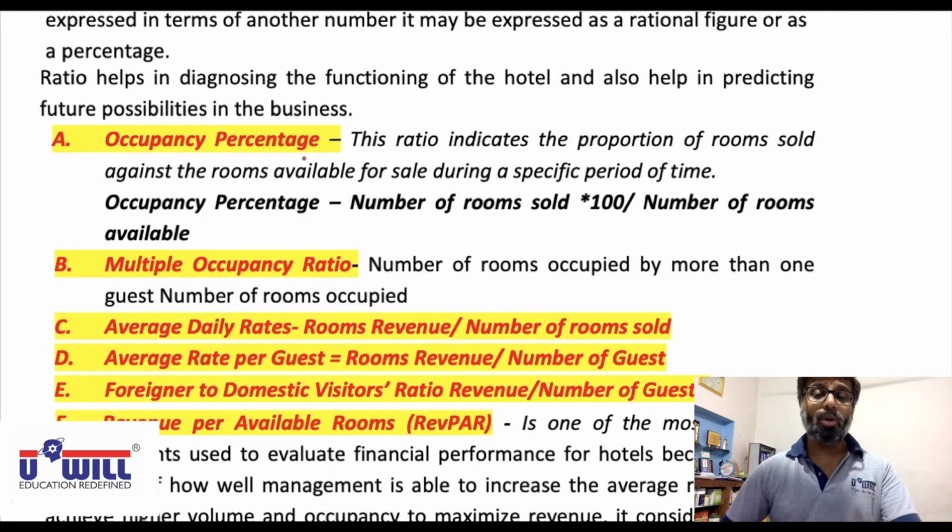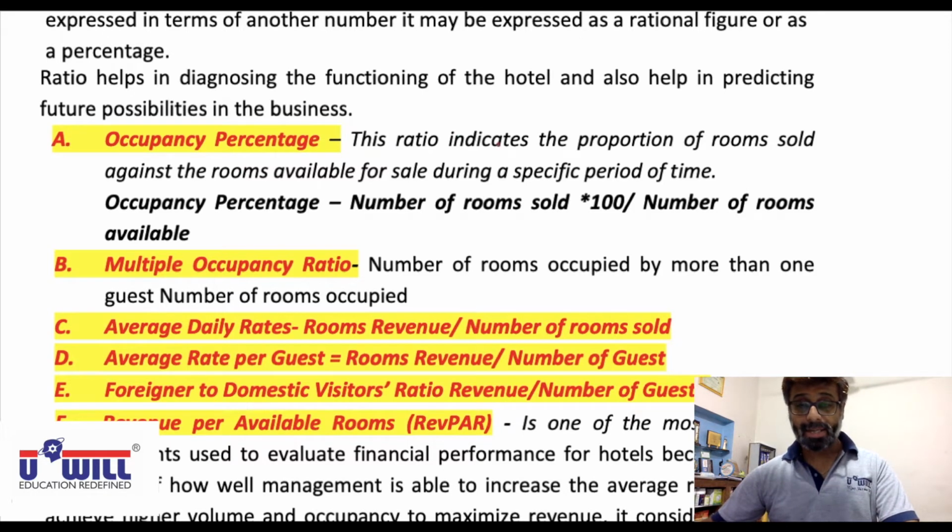All the rooms in the hotel are generally not sold or occupied by the guests. So occupancy percentage shows on an average what percentage of rooms in the hotel are getting sold, what percentage of rooms in the hotel are getting occupied by the guests. Higher the occupancy percentage, better for the hotel. Means the hotel is running very fast amongst the people, amongst the tourists. More people are demanding the rooms of the hotel when the occupancy percentage is high.